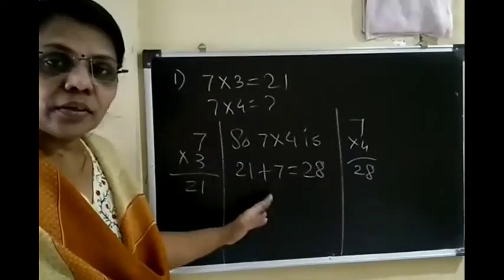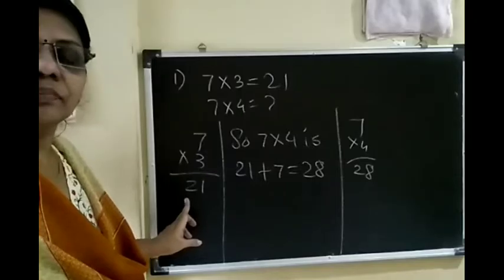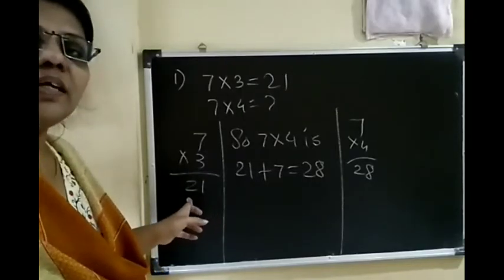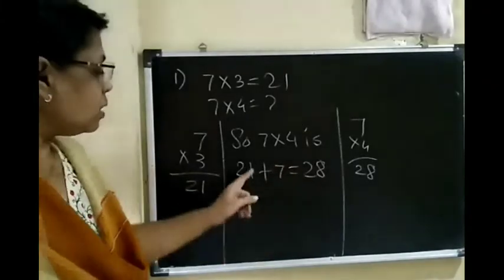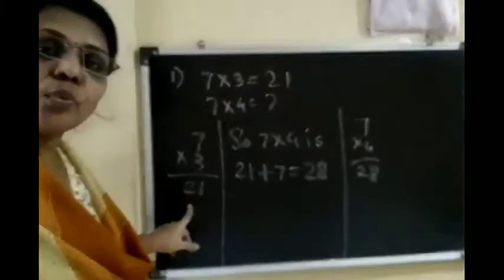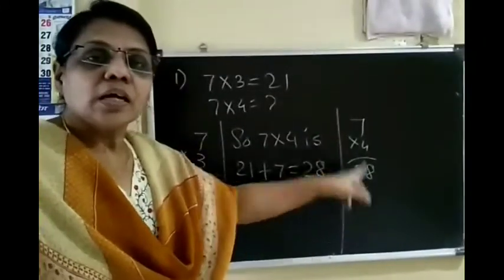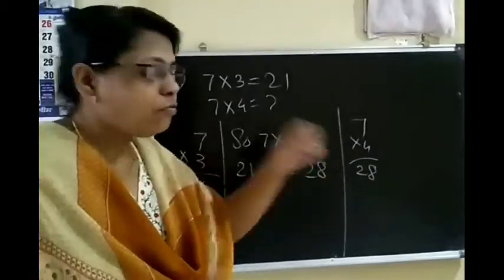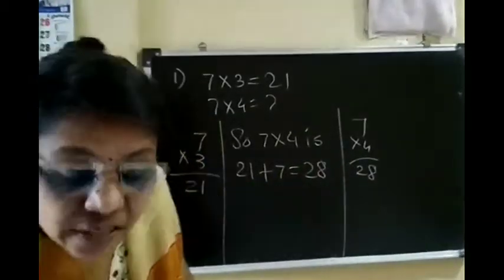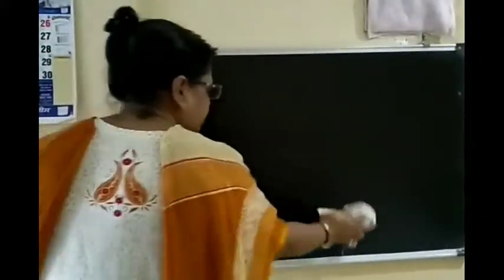By addition, here by adding 7 plus 21. Okay, normally these students just go on counting on their fingers. So here adding 7 to 21, we get 7 4s are 28. 7 3s are 21, 21 plus 7 is 28, 7 4s are 28. Okay, the next example I will just show you so that it will be very easy for you to understand.